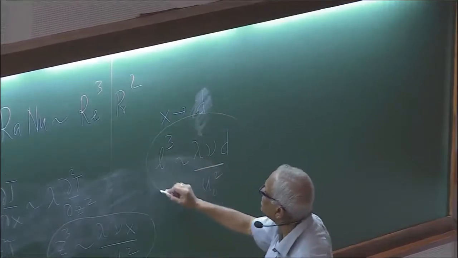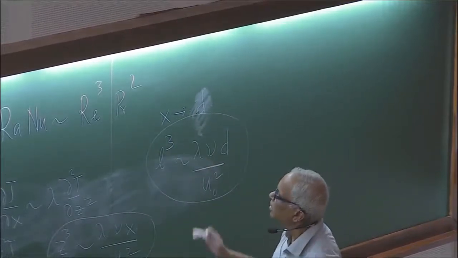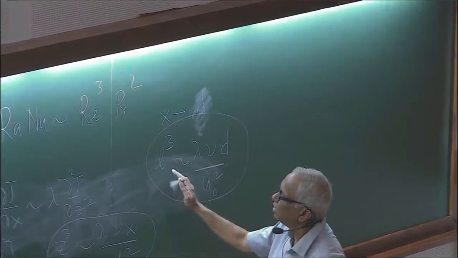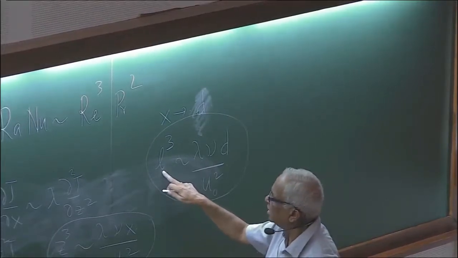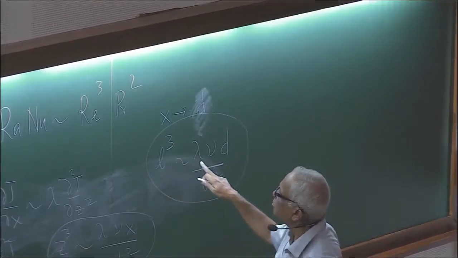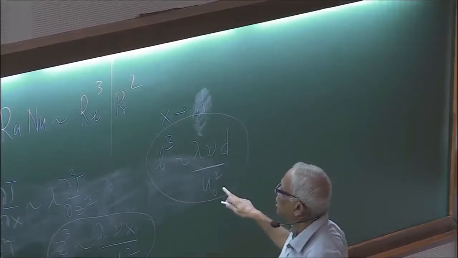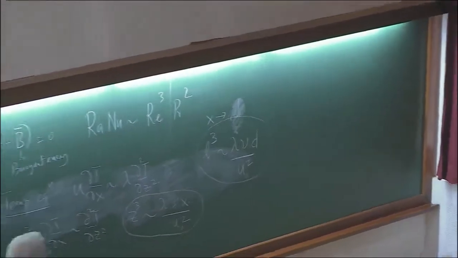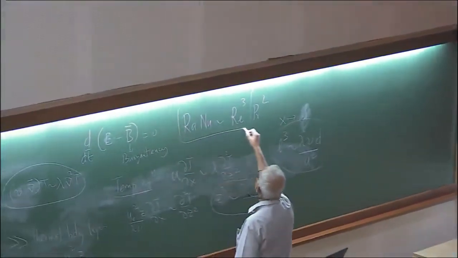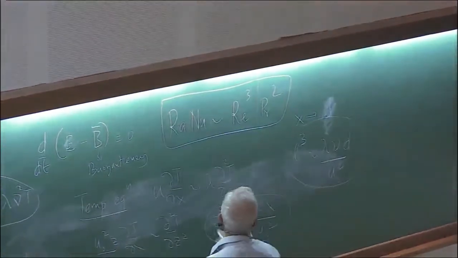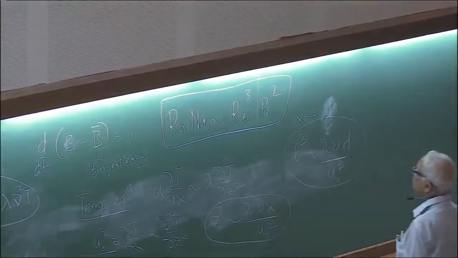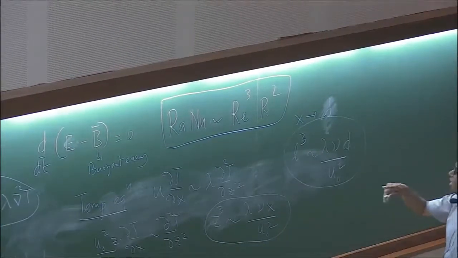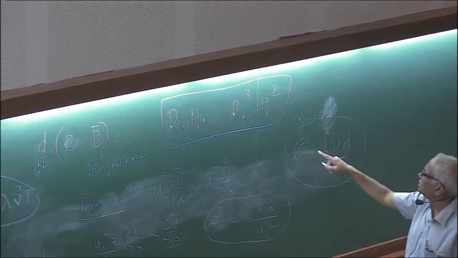So that sets up another equation, which you can deal with. So it is L cubed going as lambda nu D divided by u naught squared. And in addition, you have this result that you always have, which is this. So this is complemented by this additional answer over here, where now you can use this to get